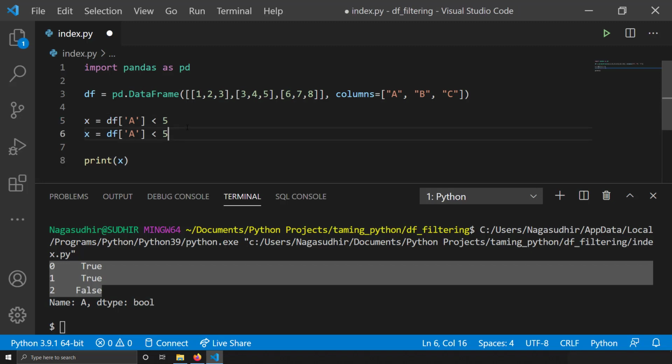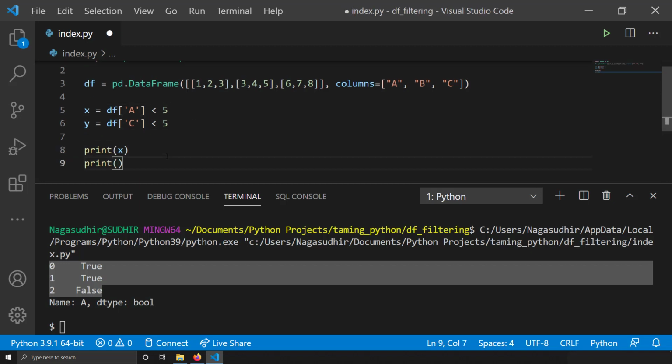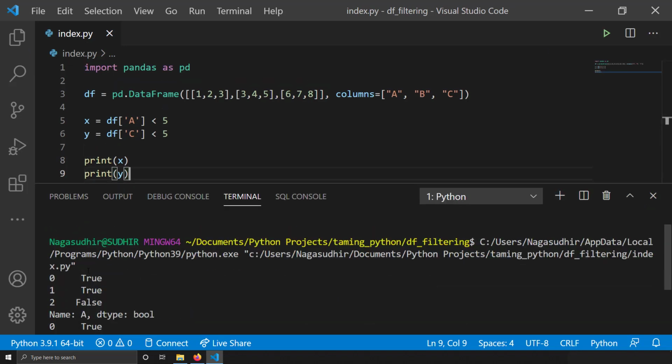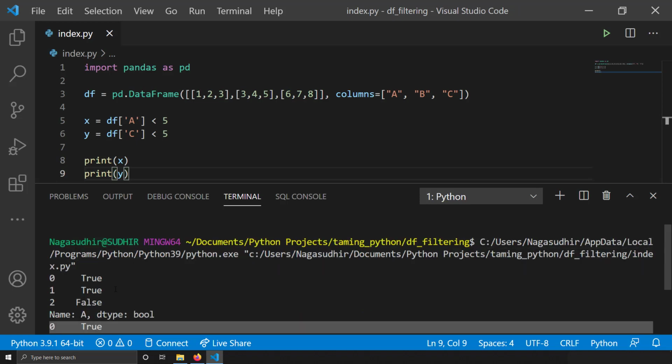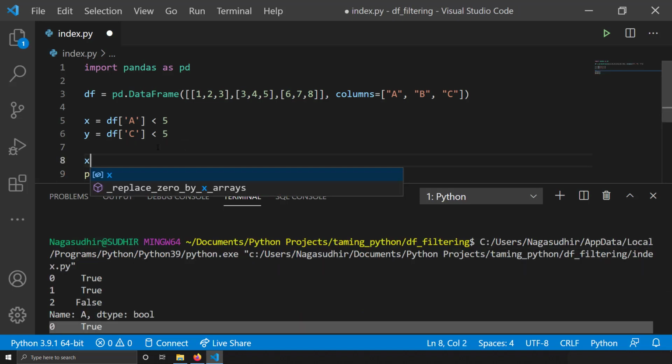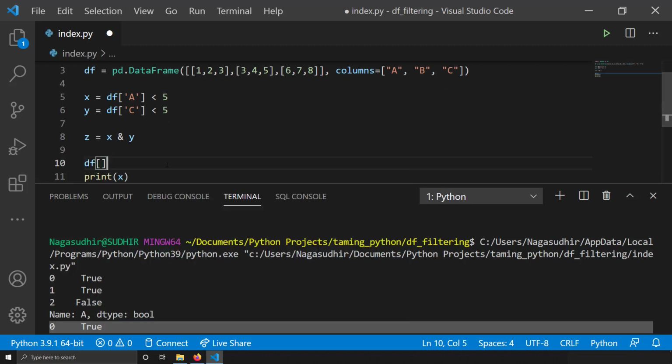And if I write y equal to df of c less than 5 and print y, you can see it's also a list of Trues and Falses. So when you do x and y, what you're doing is just Boolean operations. That's all. If I write z equal to x and y and I qualify the data frame based upon this z series, this is how I get df2, the filtered data frame.